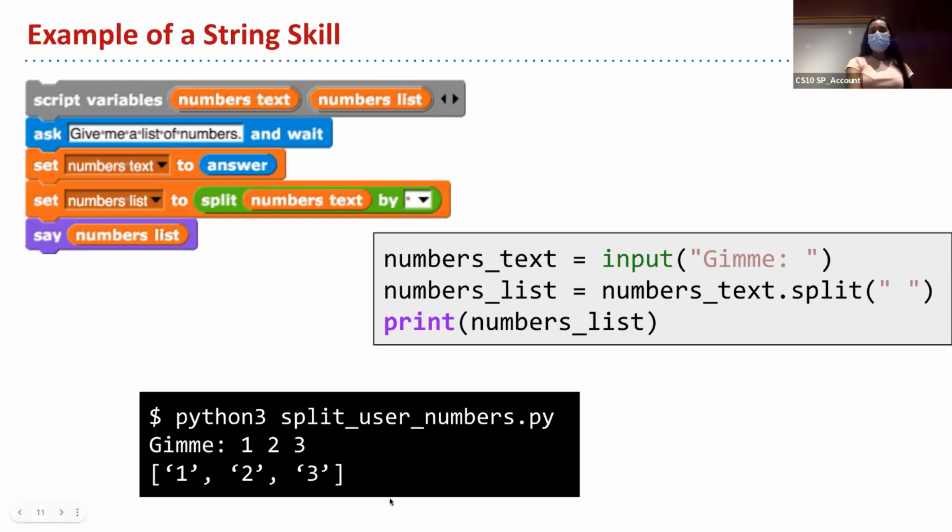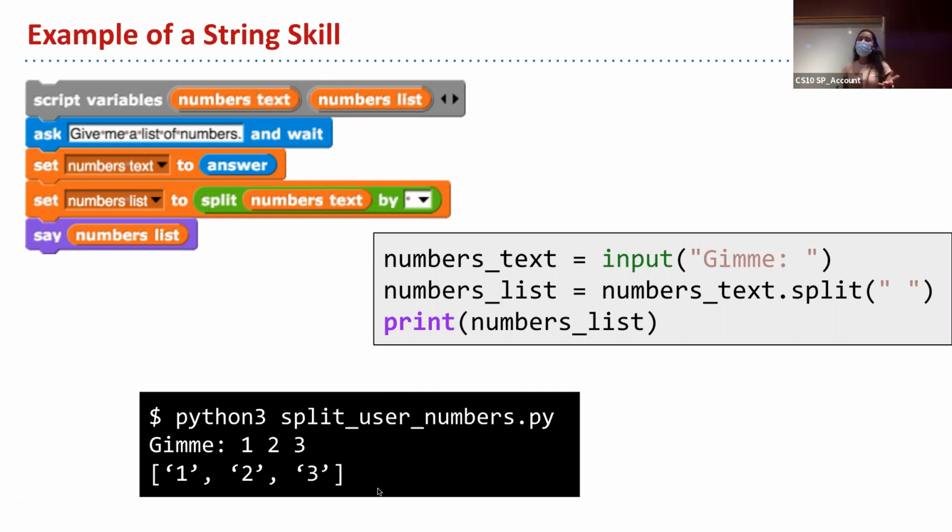And so here we see this is what's running in our terminal. We see that the user gave 1 2 3 as input to this prompt. And so numbers text is going to be equal to 1 2 3. Then we say numbers list equals numbers text dot split, and in quotes we have a space. This kind of looks like empty quotes, but there's actually a space here. What that does, we can kind of assume, is it's probably splitting the list in some way. And we see that this is called numbers list, so that's a hint that it's probably making it into a list. And then when we print numbers list, we see that it prints with these square brackets. That tells us that it's a list.